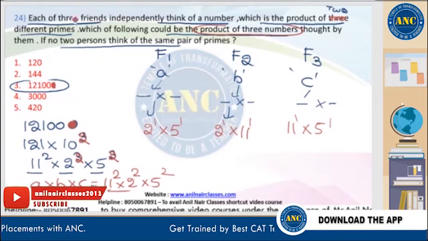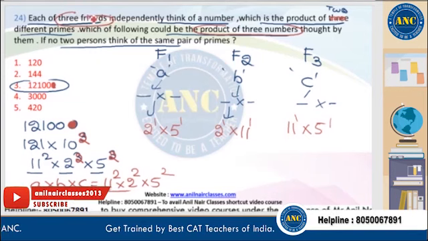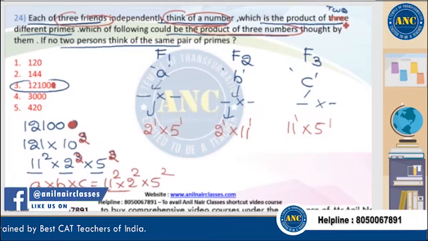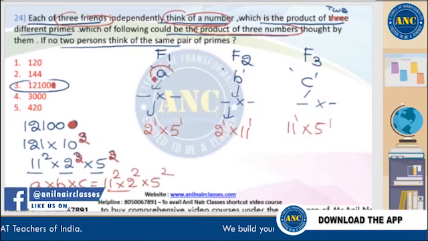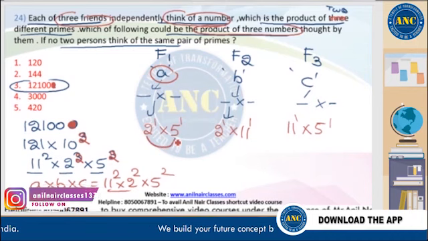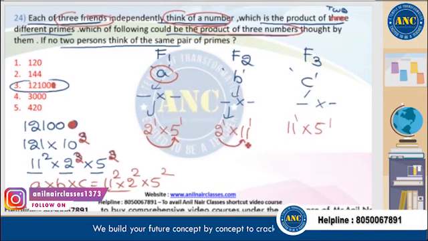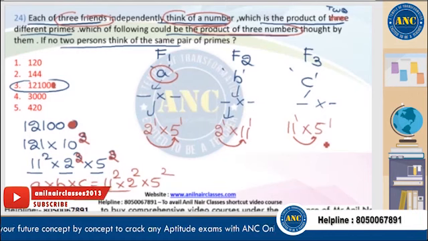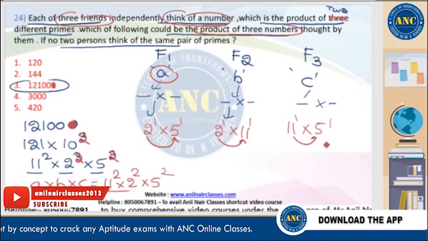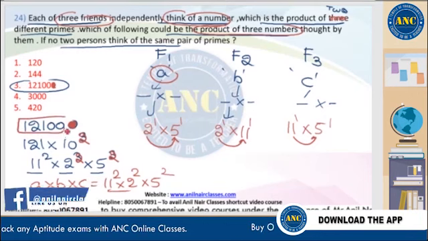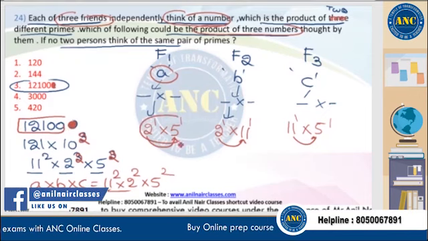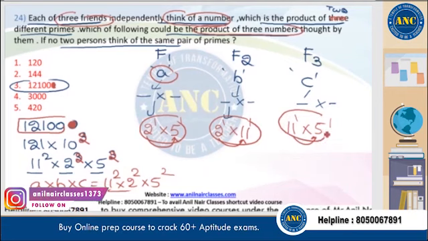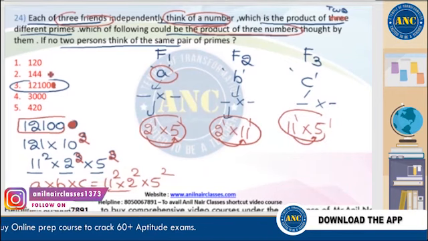Because it says that each of three friends independently thinks of a number which is the product of two different primes. A is thinking of a number which is a product of two different primes. No two persons think of the same pair of numbers. 121 000 is satisfying, right? This is 2 into 5, which is different from 2 into 11, which is different from 11 into 5. Now let us do